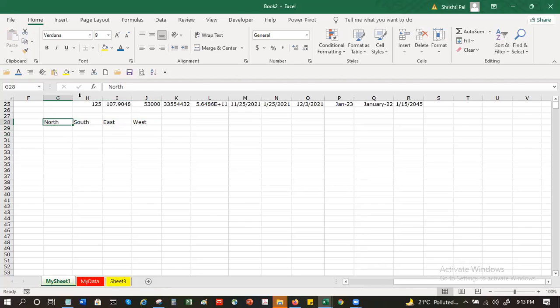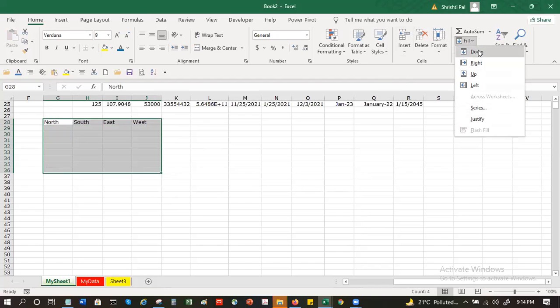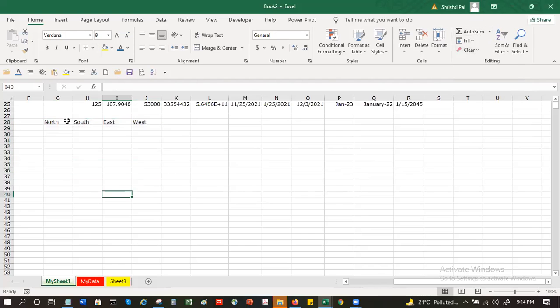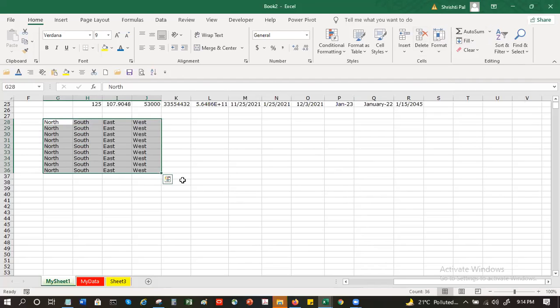I knew it. Somehow I've not been able to recall it right now. You probably know this. So this one, I highlight, I come down as many cells as I want it copied. Either way, you can drag it also. But that is actually what fill down does. When I do fill down, the system will actually copy whatever is written in that cell down.